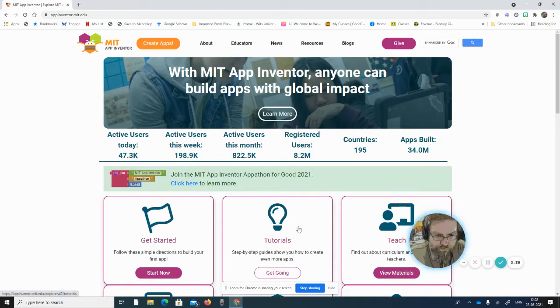You'll notice that there are loads of tutorials on that home page, and you can click there to find tutorials on how to create different types of apps. So a little bit later I'll be asking you to do that, to research your own type of app. And